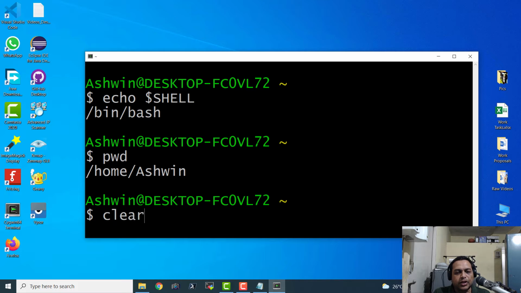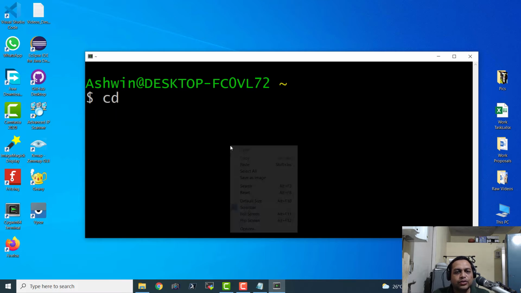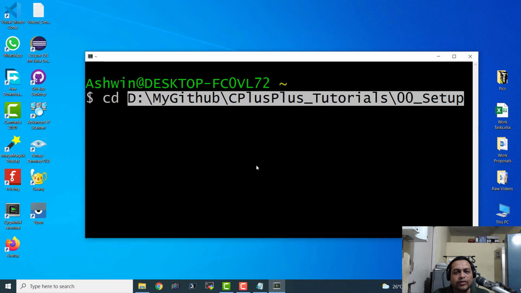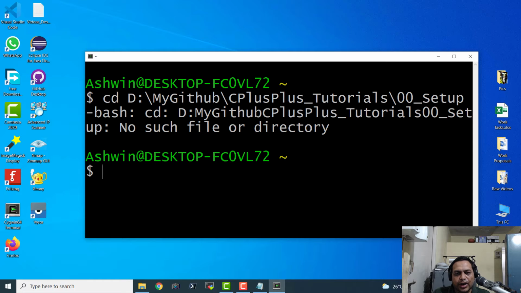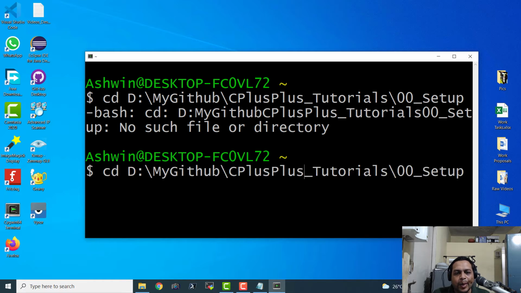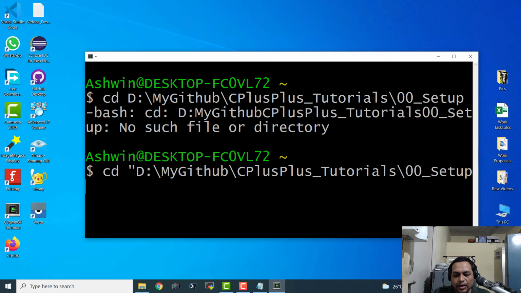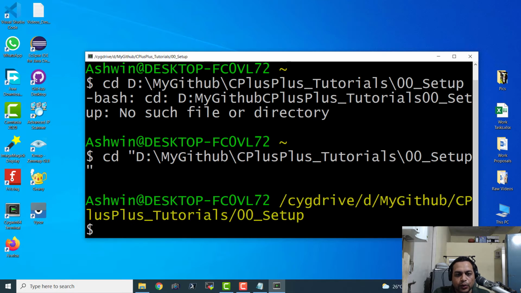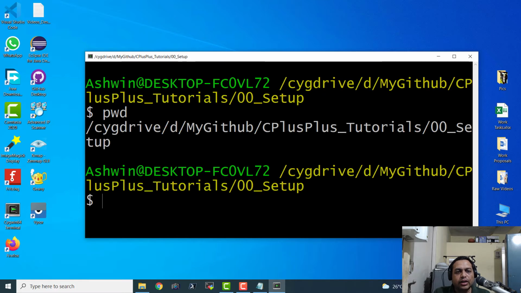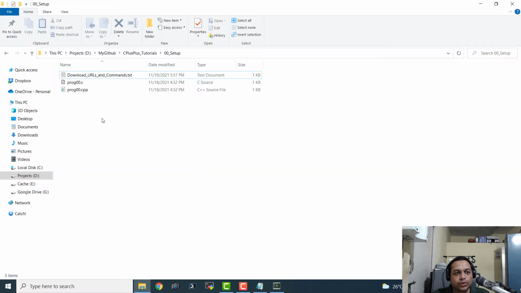So this is simply Unix like interface, and let us switch to the directory where I am storing everything. And now if I hit enter, it should actually take me to that directory. No. Okay, so probably I will have to provide single quotes or double quotes, I don't know. Okay, so now we are in the tutorials directory. So pwd, and here we have the path of the directory where we have stored all the examples, and the file where the download is mentioned. Now I will show you these two files.